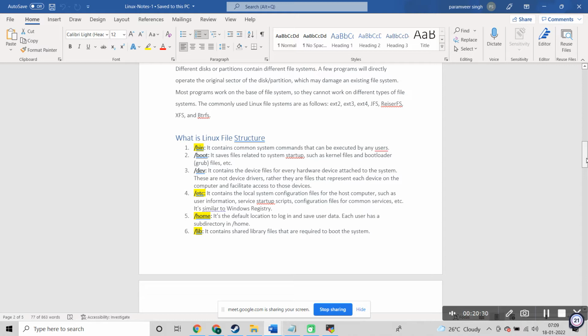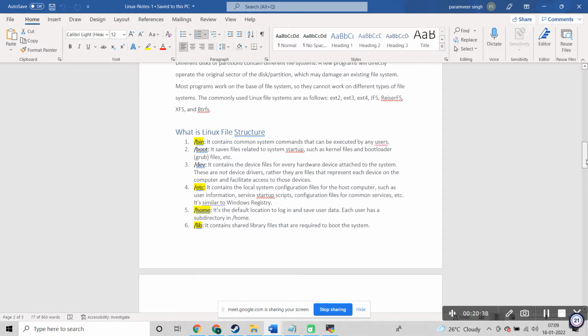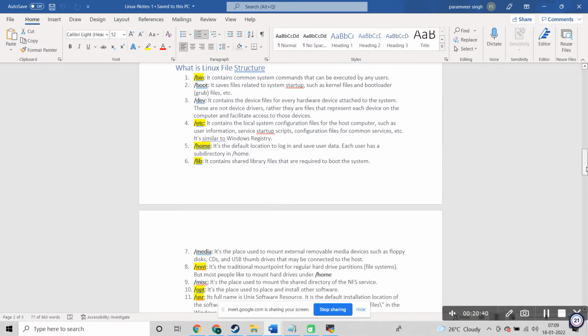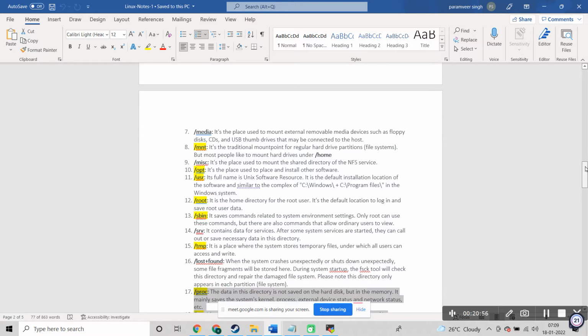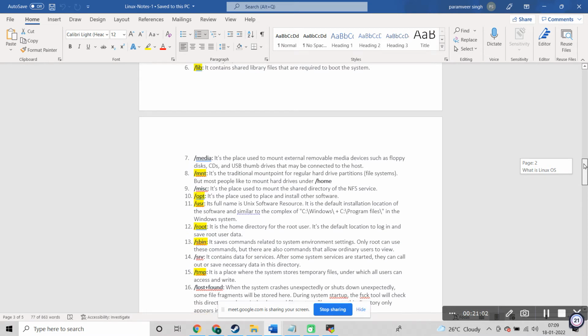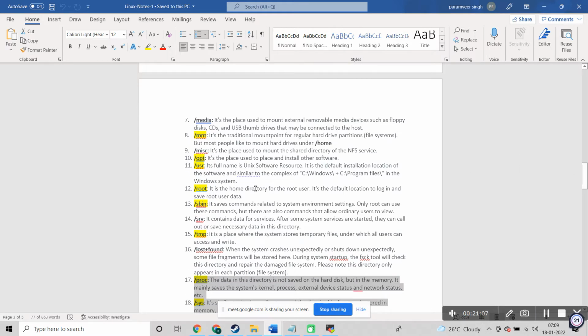The bin directory is where common system commands will be there. etc is where we'll be maintaining configurations. Library is related to booting of your system. Every system boots, right? Mount is there when you have to connect an external device or drive. And then OPT is there for installation, if you are installing new software. So etc is for configuration of the system, and OPT is for installation. And the root directory will always be there.